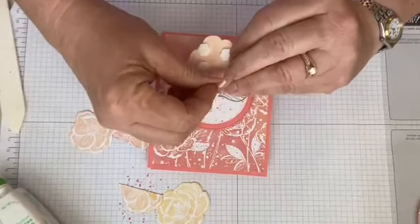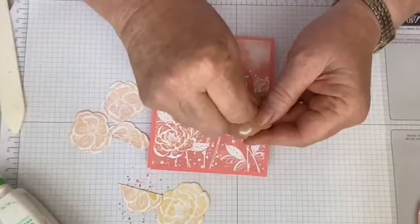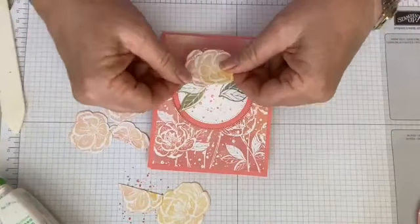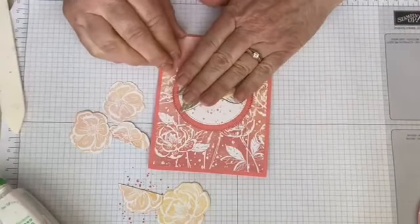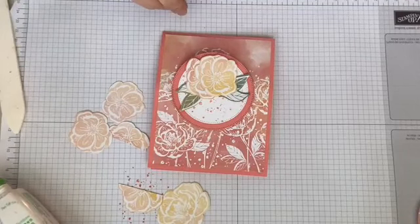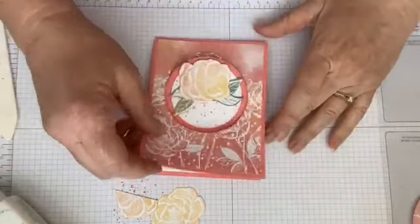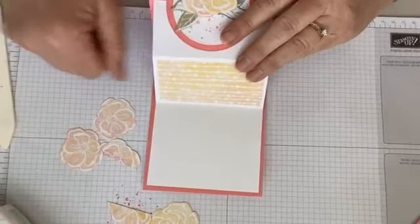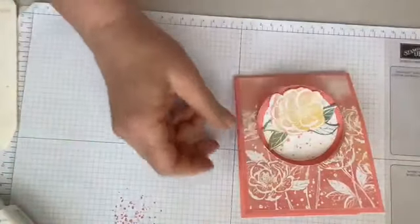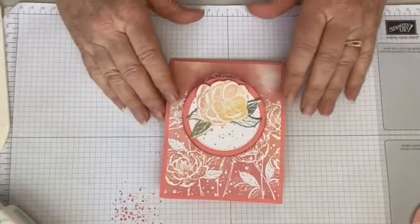And now we'll stick our flowers down. There we go. And then you'll notice it still moves, right? All right, and then we got all these extra flowers to use on another project. And then we are just going to